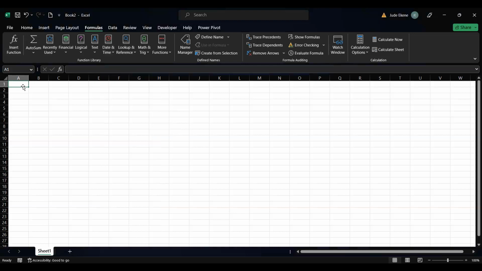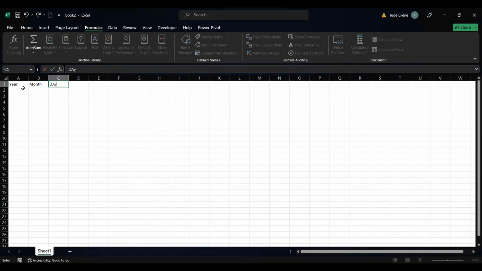Great. So let's say I'm entering some values. Let me say here, I want it to be year. And then the next one, I want it to be months. And then next, I want it to be day. Let me increase my